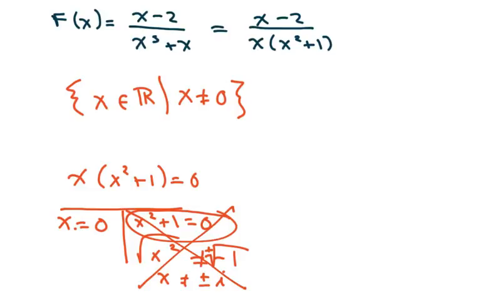All right? And you could also write this as, you could write domain out here, and then just write x. Then you can write x cannot be 0 if you want to do it that way. Okay, the last one is